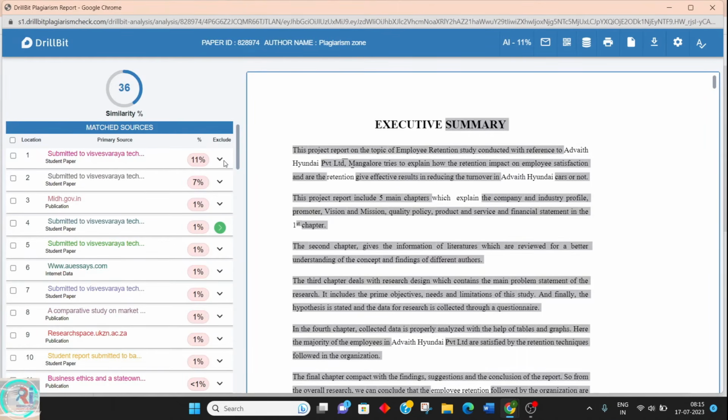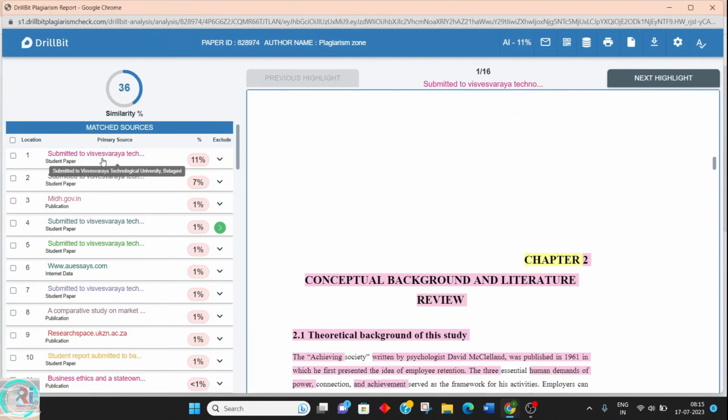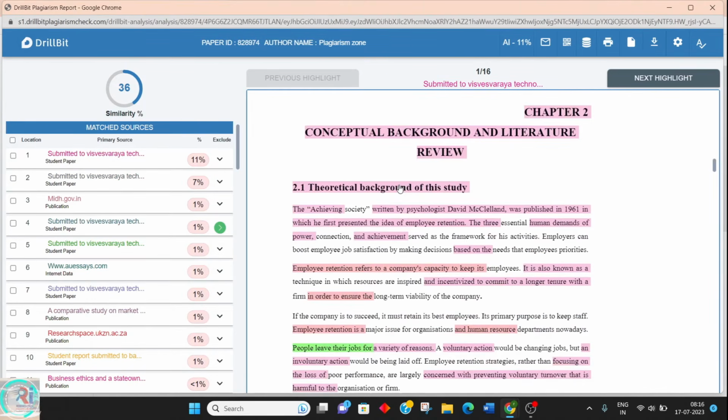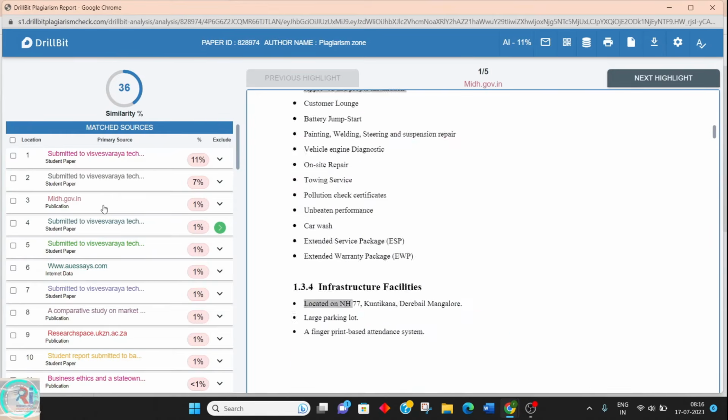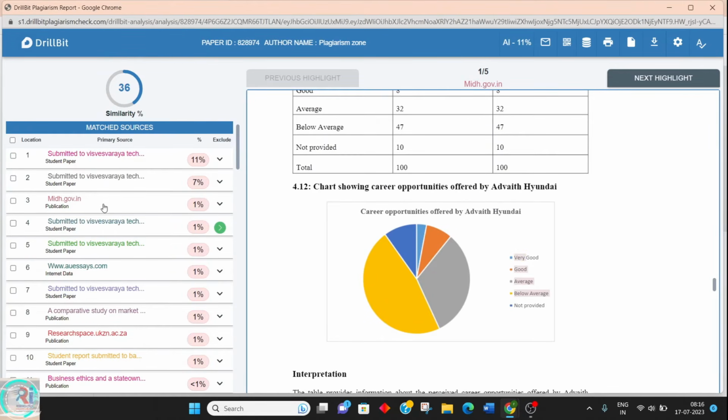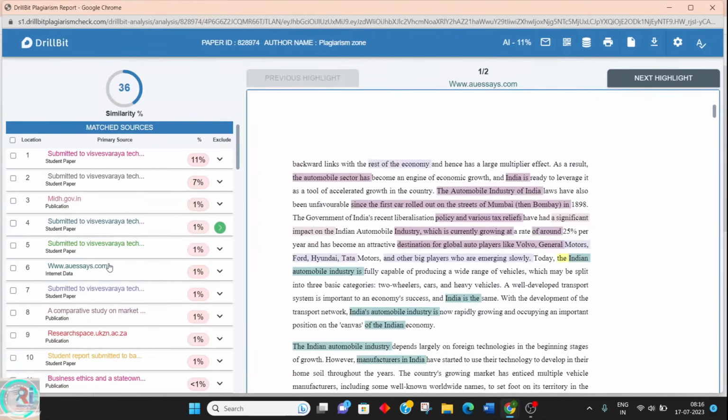You can browse where exactly this content has been taken. Sentence-wise, every sentence will be shown here. You can click on the second one. It is showing where these things have been copied from. Even graphs, so whenever you are working with graphs as well, you need to take care. You can go on checking the respective links from where exactly the sentences are being copied. So the tool is intelligent enough to detect things which are copied